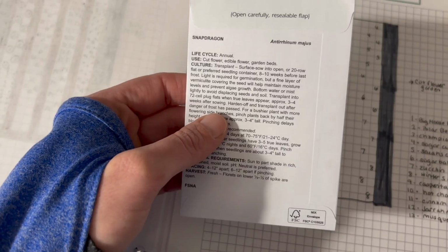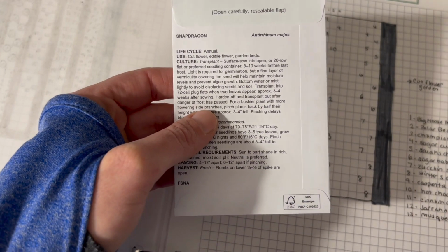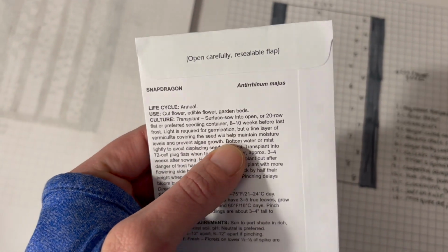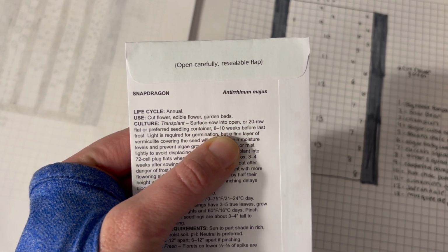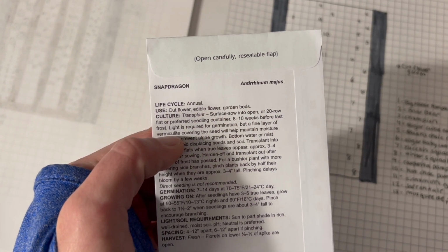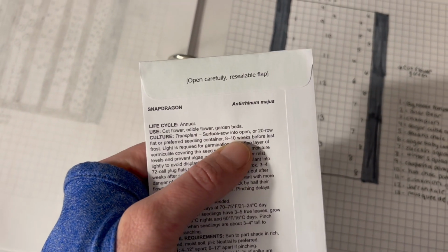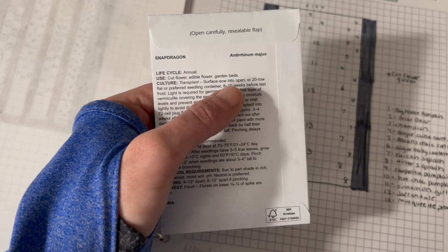So the plan is to start seeds in different intervals under the grow lights and then move them into the greenhouse and then start the next batch of seeds under the grow lights. So different things take different amounts of time. So this, for example, says you really need to start sowing them 8 to 10 weeks before the last frost. And then it tells you how long to wait to harden them off. So for each thing we were looking to start from seed, whether that was a vegetable or a flower, we looked at how many weeks ahead we needed to start it. And we put that into this planner